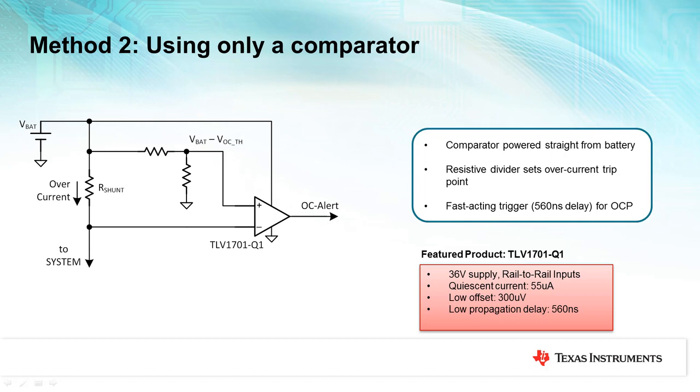Additionally, this solution will result in a lower system cost because you don't have the amplifier and also because you don't need a separate power supply for the devices like we needed in method 1. However, there is always a trade-off in design, and here the use of only a comparator will require a larger shunt resistor since we don't have an amplifier to gain up the signal, and therefore a larger power dissipation. Let's compare the two solutions more closely and further examine these trade-offs.